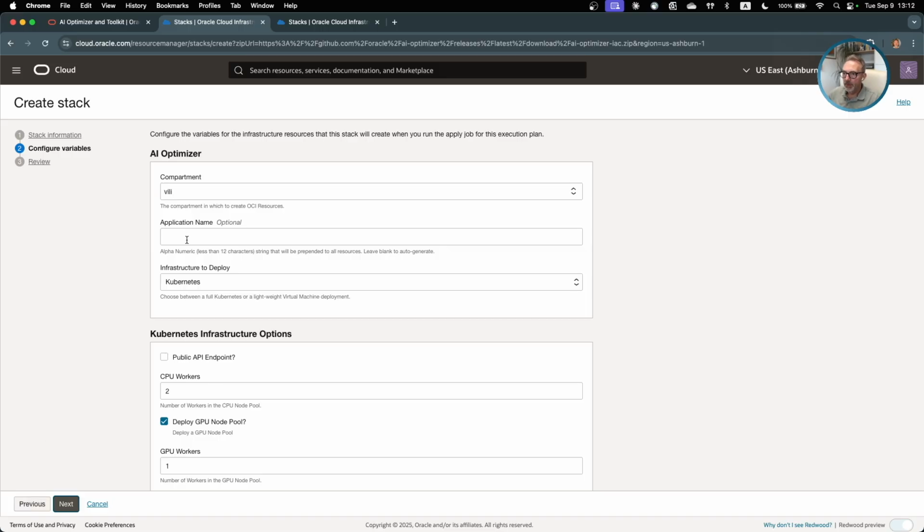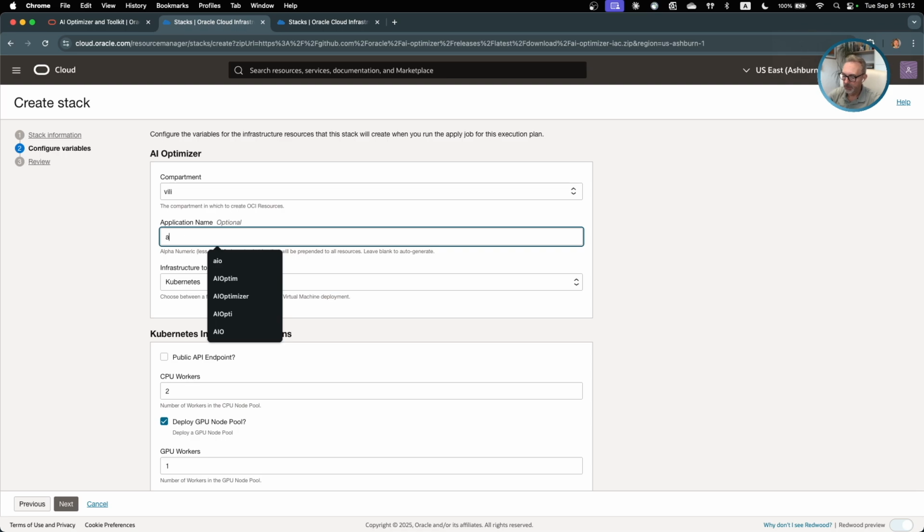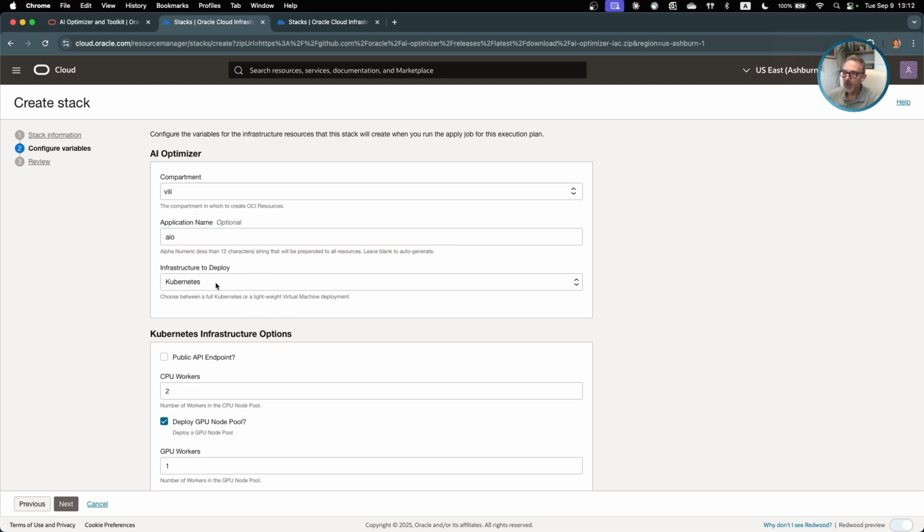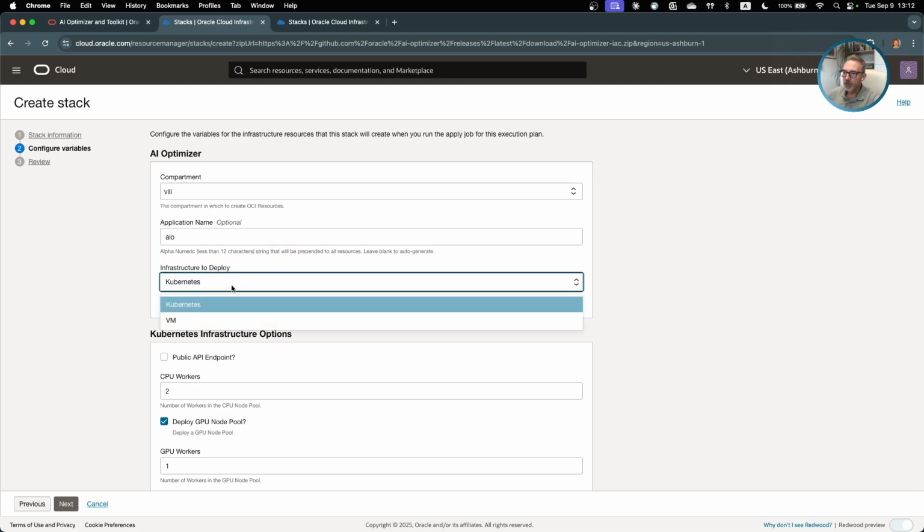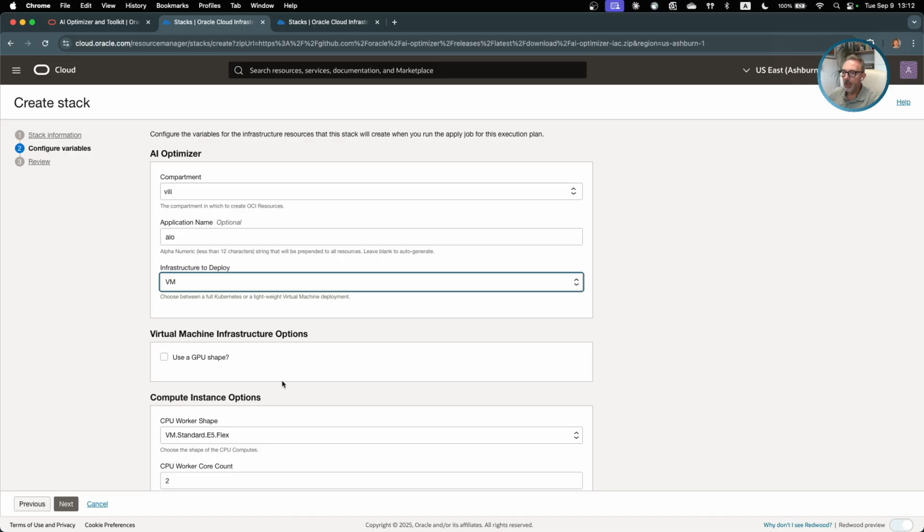We can choose the compartment and an optional application name, and I will name it very simply AIO. I will choose infrastructure to deploy a virtual machine. We can also use Kubernetes. And we can choose to use the GPU shape.